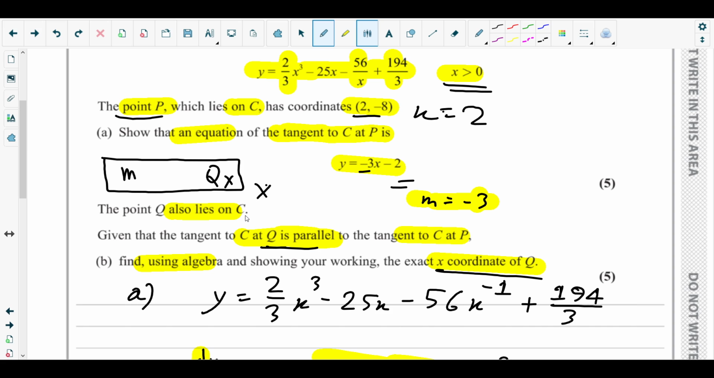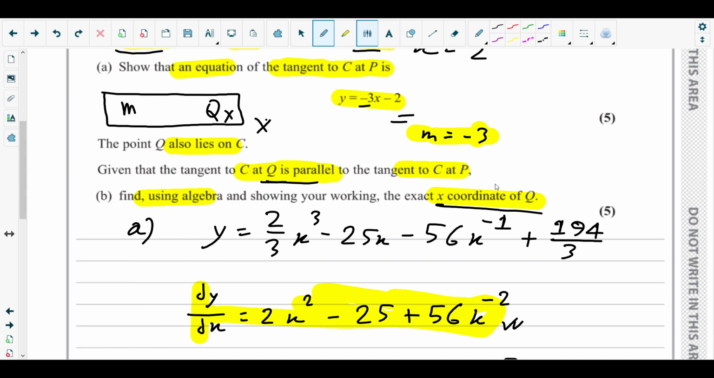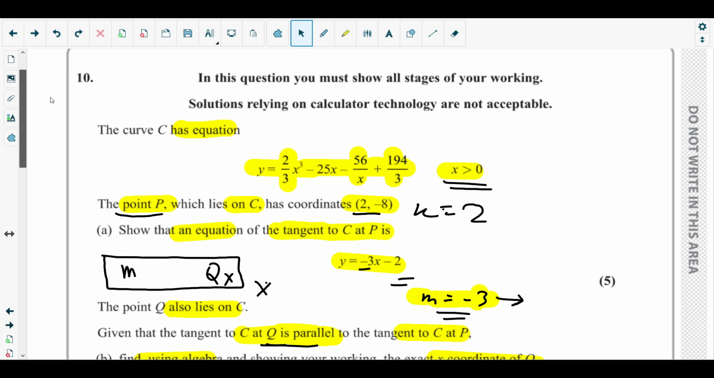Okay, so that means the only method we need to do here in part B is that we will consider the gradient of the tangent equals to -3. So the gradient of the tangent is equal to the gradient of the curve. Since we know the derivative of the curve, we can equate the derivative of the curve to the gradient of the tangent, that is -3, and solve for x. That's it. That's all about part B from question number 10,